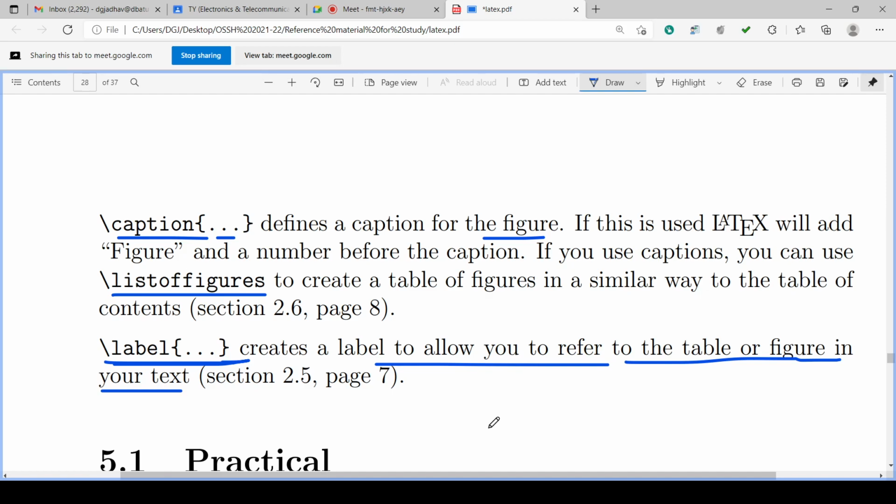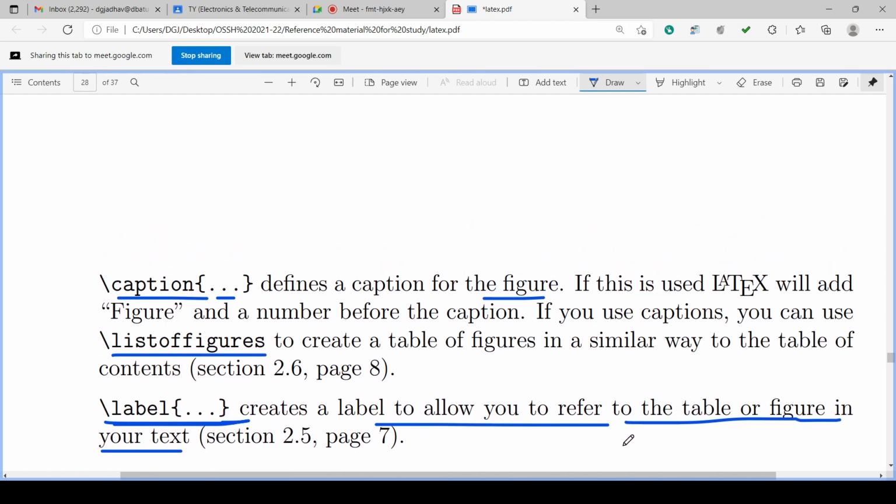The list of figures command creates a table of figures, in which we have the captions, and we can generate the label and the reference. We can call it a hyperlink; we can generate the hyperlink.